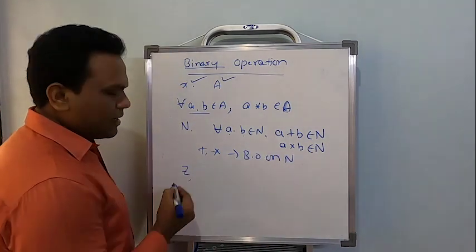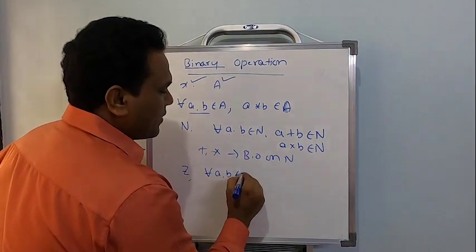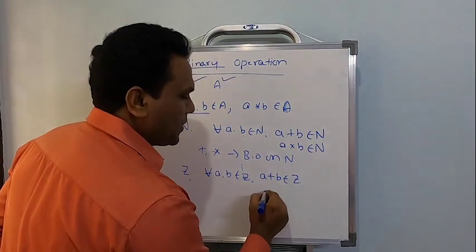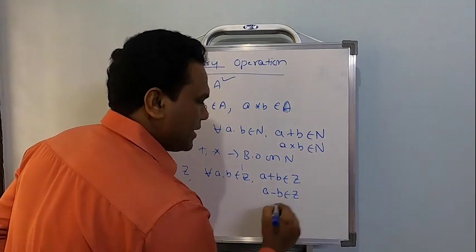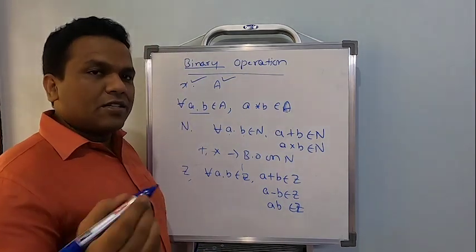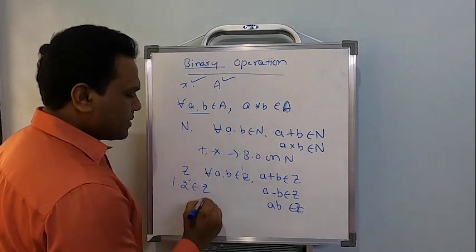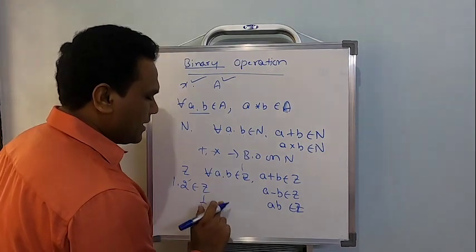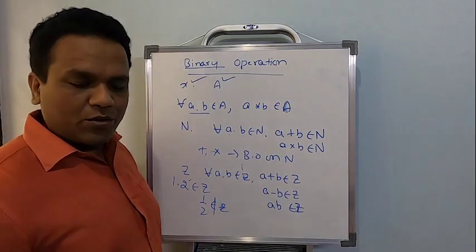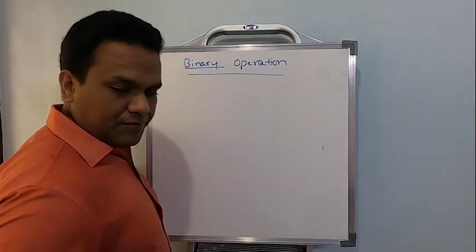Similarly, on the set of all integers. Now, what are the binary operations on the set of all integers? Whenever I take two integers, the addition of two integers is an integer, the subtraction of two integers is an integer, the product of two integers is an integer. But division is not going to be a binary operation, because 1 and 2 are integers, but 1 by 2 is not an integer. Clear? So that's how an example on binary operation goes. On this we have studied different types of binary operations.